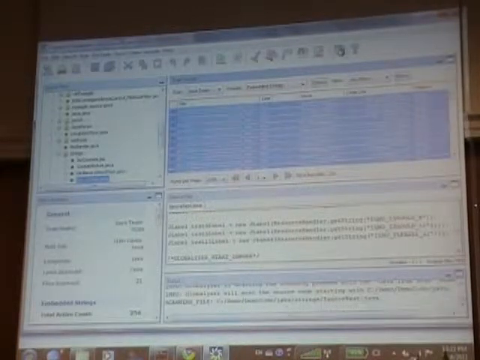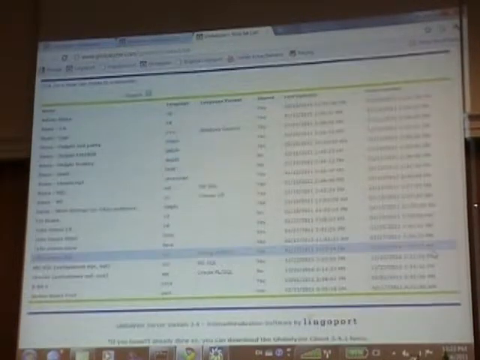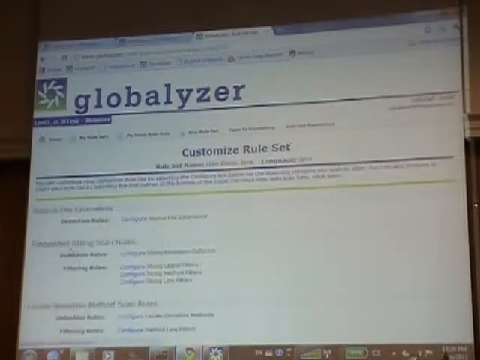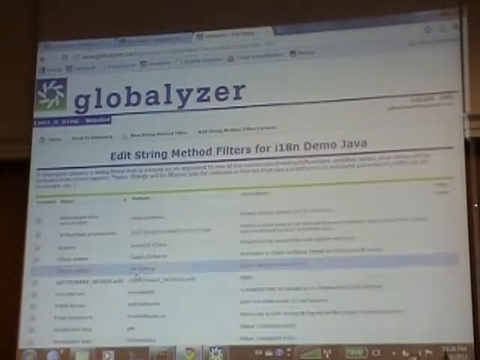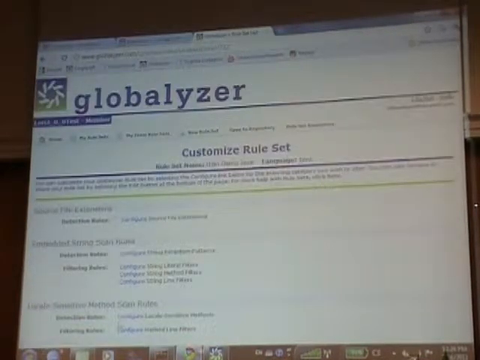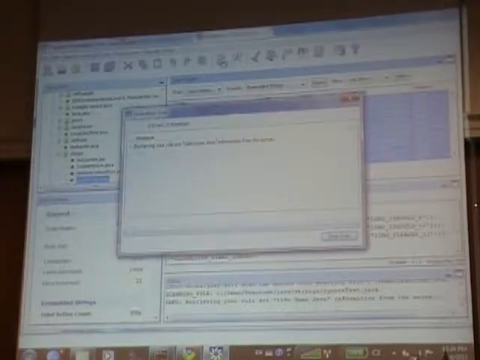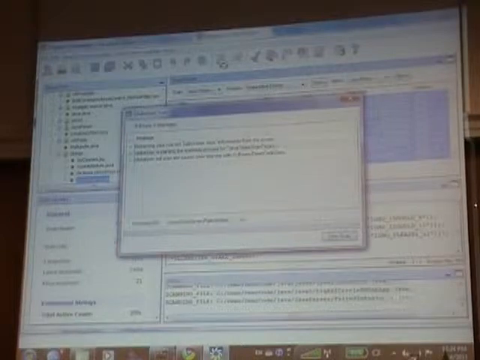And to filter them out, what I'm going to do is go back to the server here. I'm going to go back to the specific rule set that I'm dealing with today, which is this one here. And I'm going to configure a way to filter out of my results things that I don't want to see. And you see that I've already prepared demo debug here. I'm going to activate it. Otherwise, I would just write a little pattern that would say, don't look at those when you give me a result set. And when I rerun the scan here, I go back to the server, I use the newly